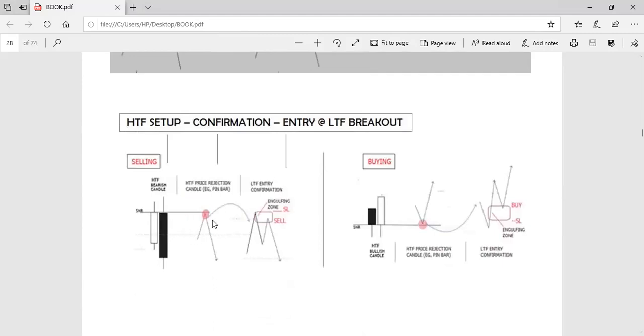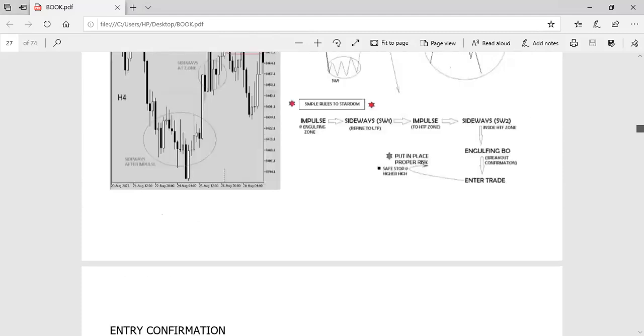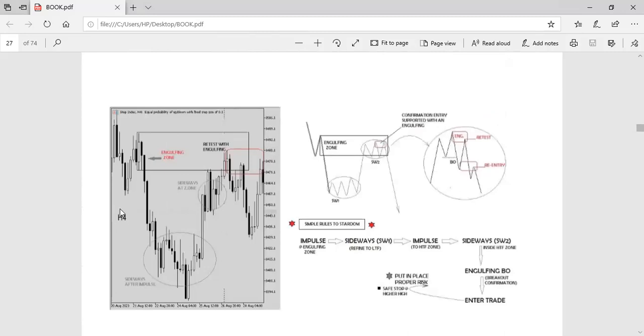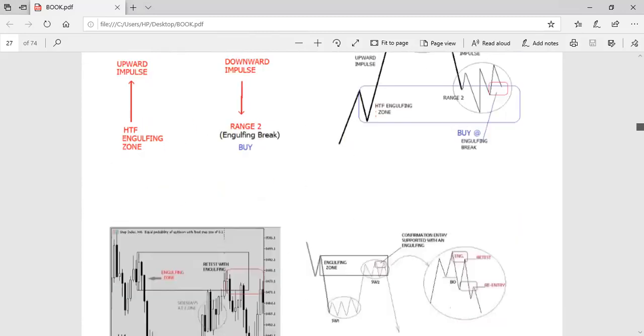If you see engulfing like this at the resistance, then you mark it as a zone. You wait for price to come into the zone, then you refine into a lower time frame to see a breakout. You sell at the pullback to the breakout. I told you that you must see engulfing, and you must wait for price to range like this, then go back into this using our flow chart. This is our flow chart.